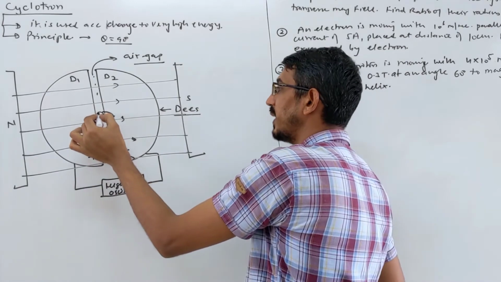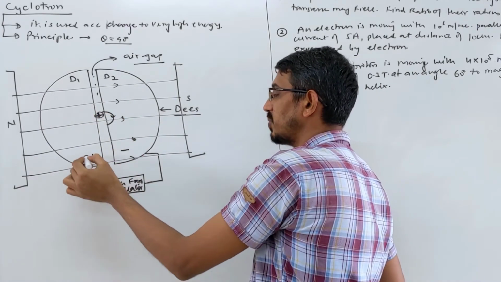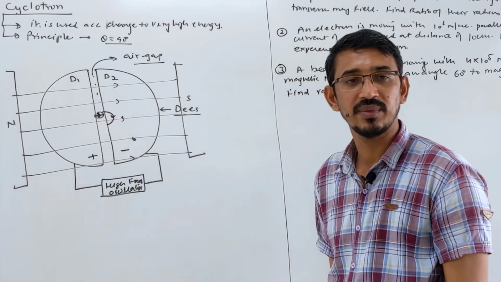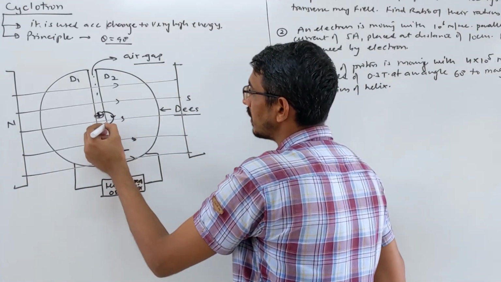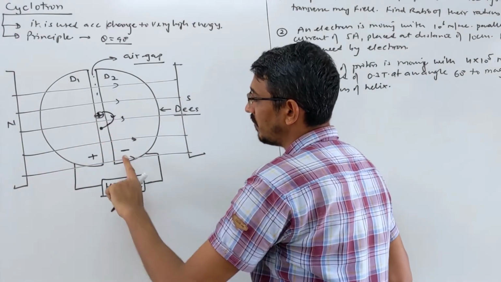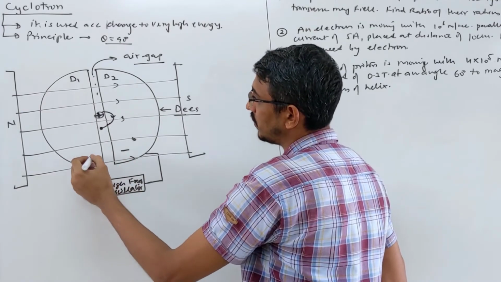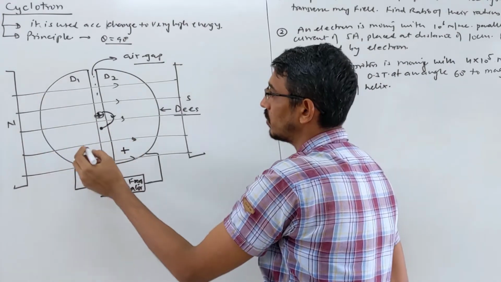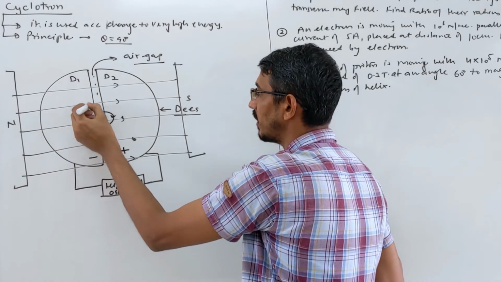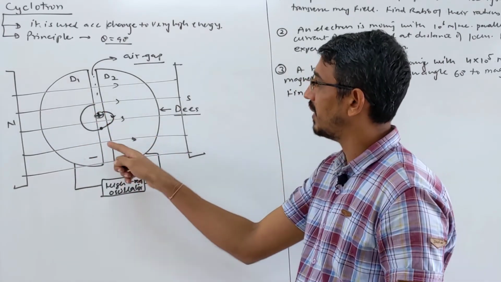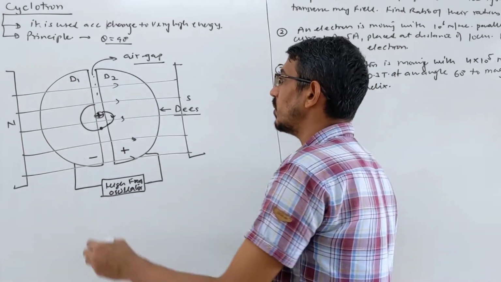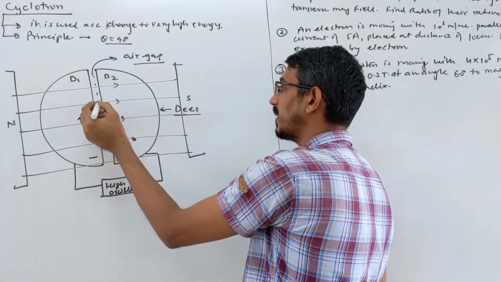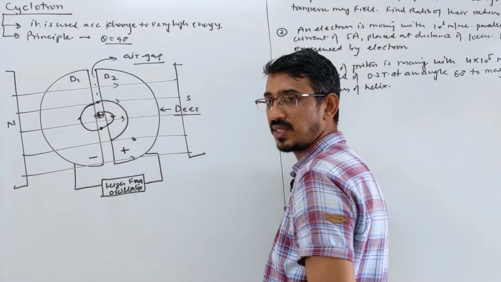So we put a charge in the air gap here. This D is negative, this D is positive. So this charge comes to this D, enters the D, and rotates inside with some radius and velocity. When it comes to the air gap here, the polarity gets changed. This D becomes positive and that D becomes negative, so again the positive charge is attracted to the next D. When it enters the next D, it moves with a bigger radius and bigger velocity, because in the air gap it gets accelerated by the electric field. Again it comes to the air gap, again the polarity gets changed, again it gets attracted, and it moves with a bigger radius in the next D.